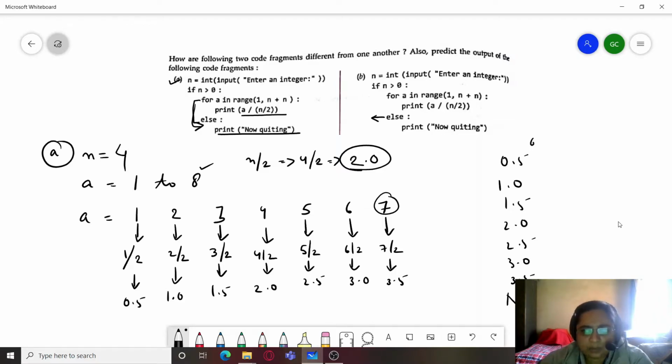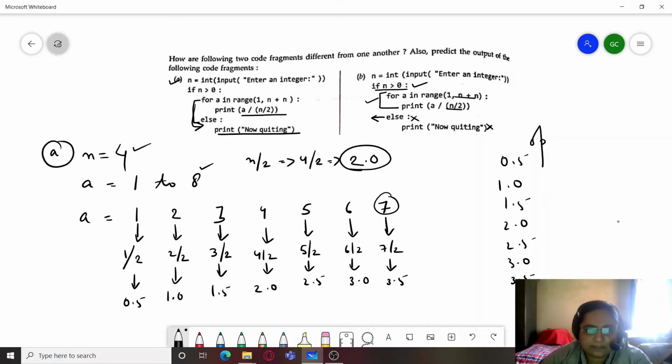So this is the output with the A part. Now we will see the output with the second part. Now in the second part, this else is a part of if. So first everything will run the same. That is, if n is greater than 0, yes it is greater. For A in range, the same statements are given. So we will get the same output. But this now quitting will not be printed here. Why? Because it is a part of if statement and it is executed only when the if condition is false. But the if condition was true here. That means these statements were executed. So this part won't be touched.